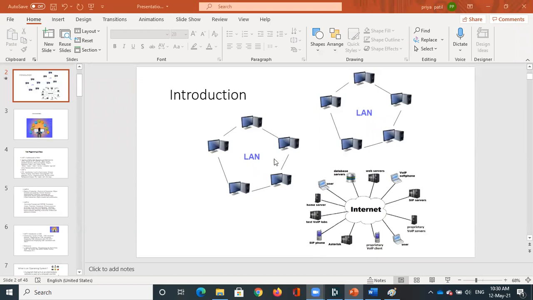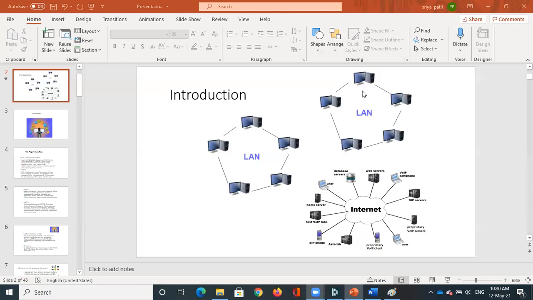So now let us say that this is a setup that is present in our college, and consider that this is present in our neighboring college. Consider it as JSS college. Now if I want to send information from my college to that college, I cannot send it directly because this is a separate network. I can say that this is network 1 and this is network 2.